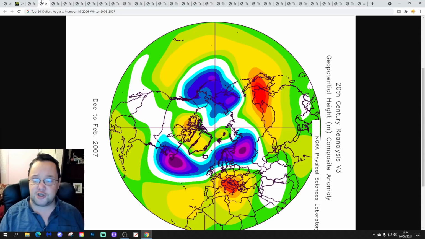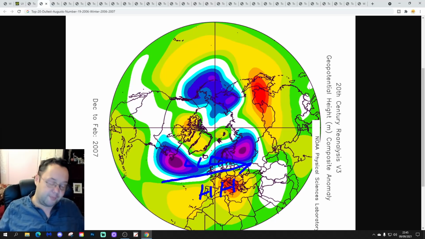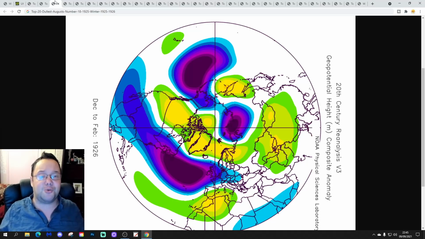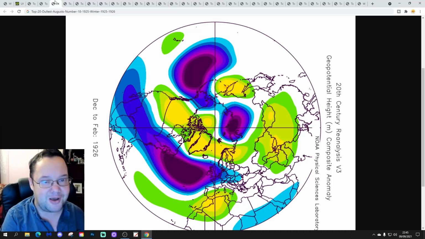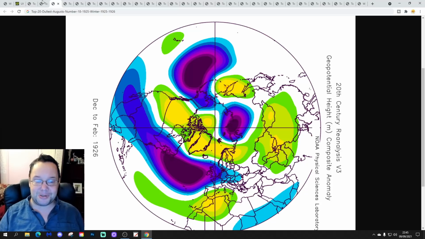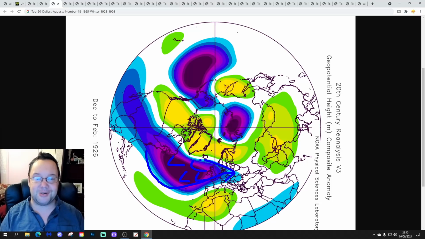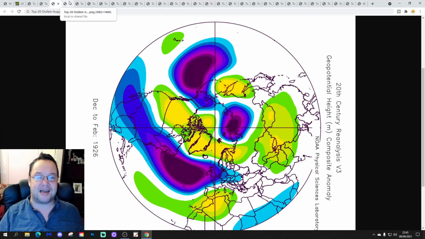At number 19, we've got 2006. This is our winter of 2006-2007, which looks the complete opposite of '47. This one has high pressure to the south and low pressure to the north, and in come those very mild west and southwesterly winds. At number 18, we've got 1925. This is how the winter of 1925-1926 is looking. This one has low pressure dominating in the Atlantic, so this is a mild and wet winter for 1925 to 1926 at number 18.